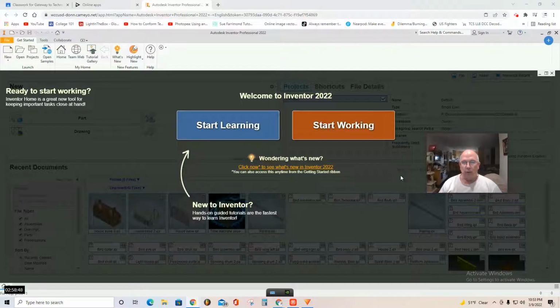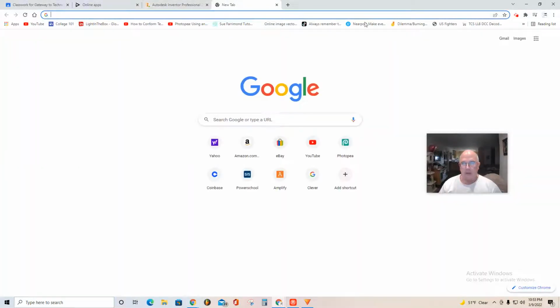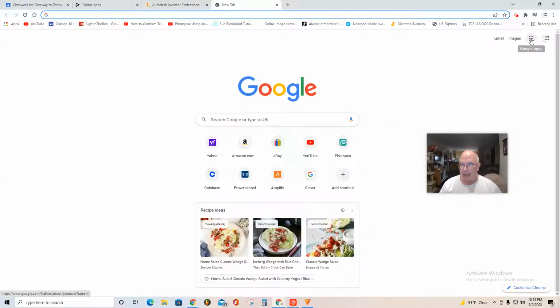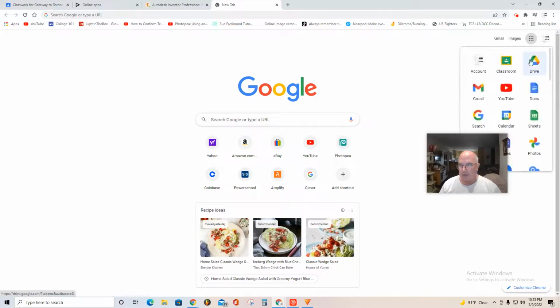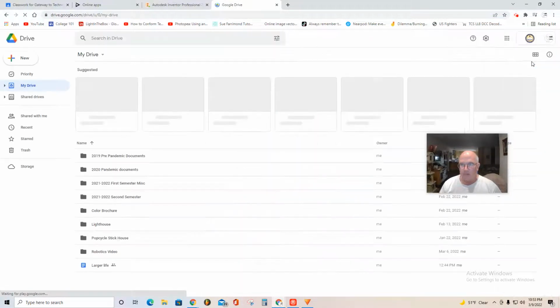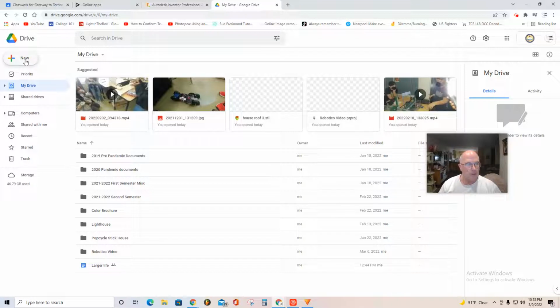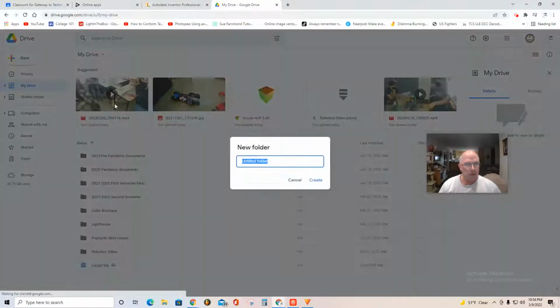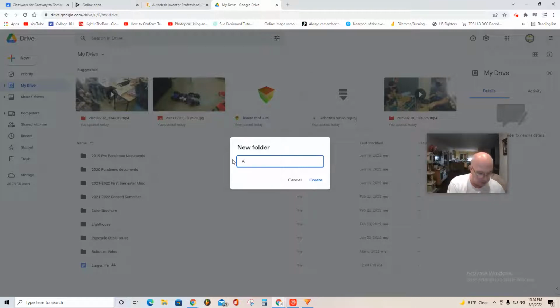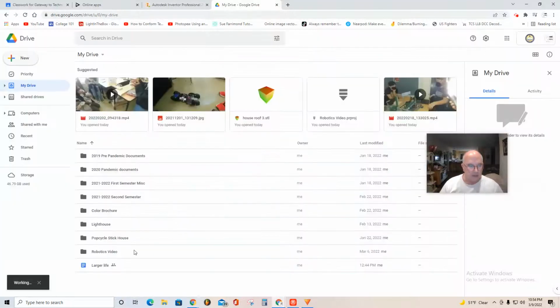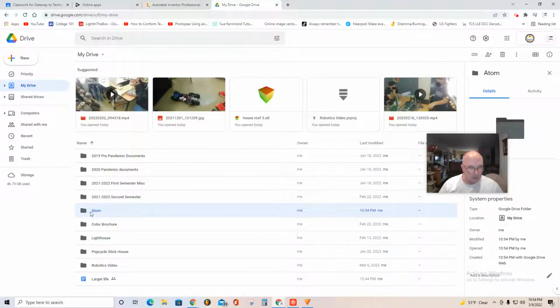So the first thing to do in these kinds of situations is to make a project folder. Just open a new tab, move to these nine little dots, the Google Apps, select Drive, and when you've got the drive open, click New Folder. Get rid of Untitled folder and type ATOM for Atom. And that's a project folder, and then Create. You can see it creates a folder right there where I'm going to save my proton, neutron, and electron